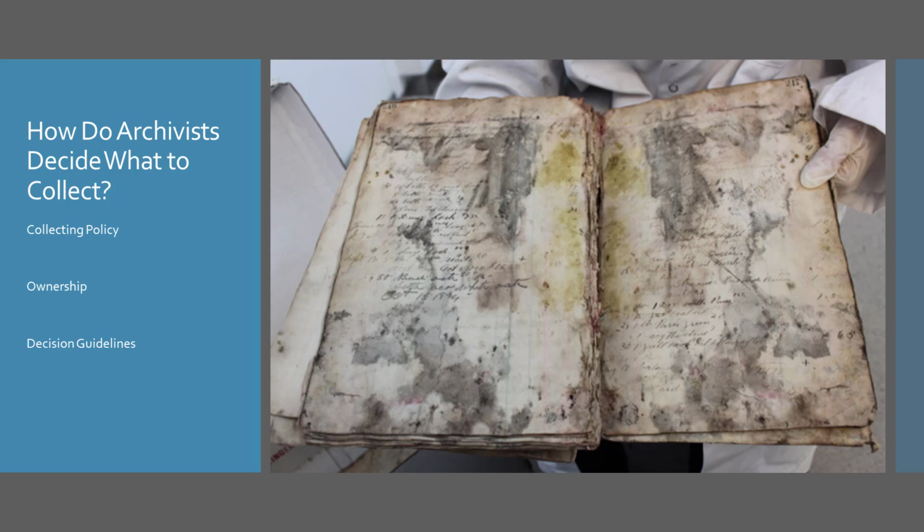Organizational and business records tend to stay in the same organization, so instead of a deed of gift, the records are transferred from one area of the institution to another. At ODU, for example, records can be transferred from the Department of Teaching and Learning to the archives. The basis of collecting decisions involve the record's history and content, authenticity, order, and completeness, as well as its condition, to name a few.